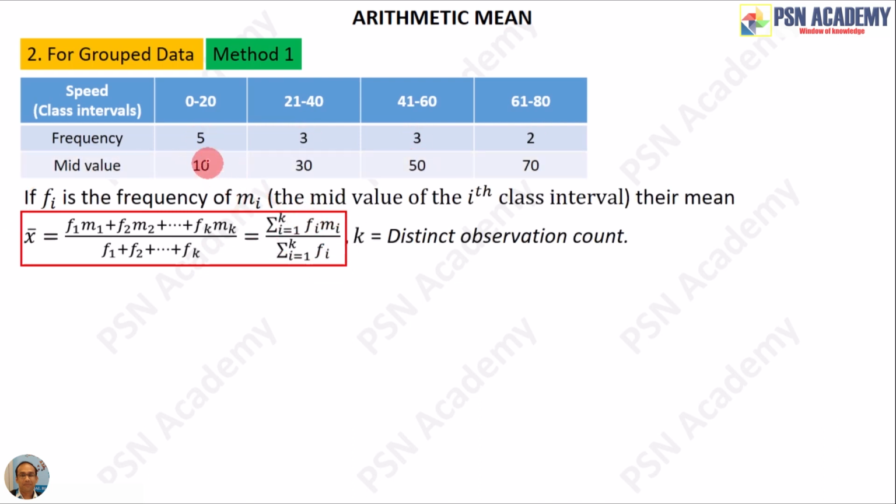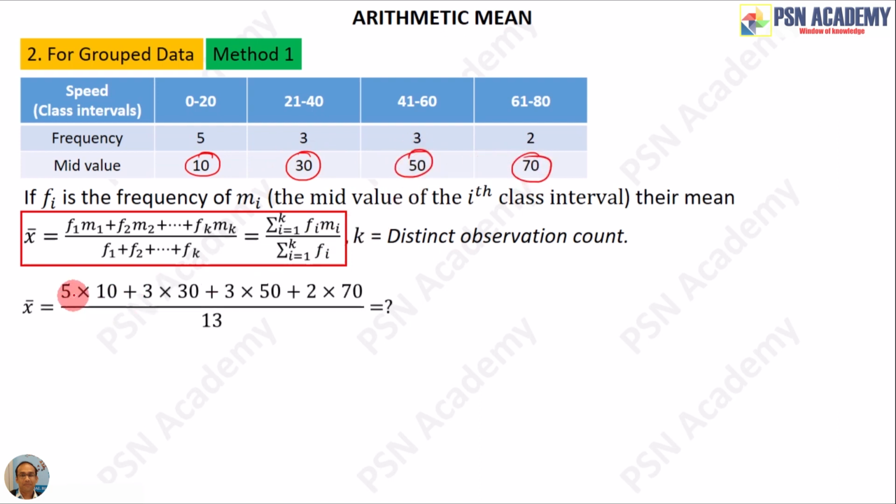So you have the midpoint values as 10, then 30, then 50, and then 70. And if we calculate, then it will go like this: 5 times 10, that means 5 is the frequency, this is f1, and this is m1, this is f2, this is m2, this is f3, m3, this is f4, m4. So you add these products and you divide by the sum of frequencies, that is 13. So actually this summation of the frequencies is equal to n, and you compute this numerically and get the